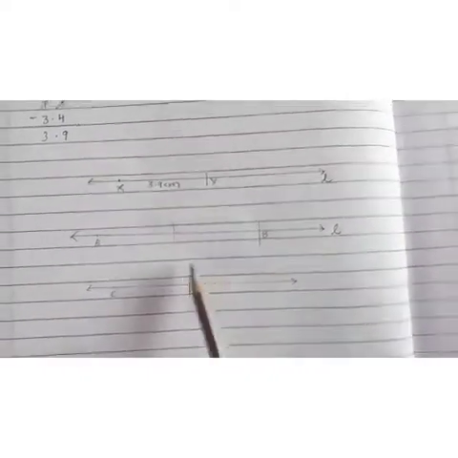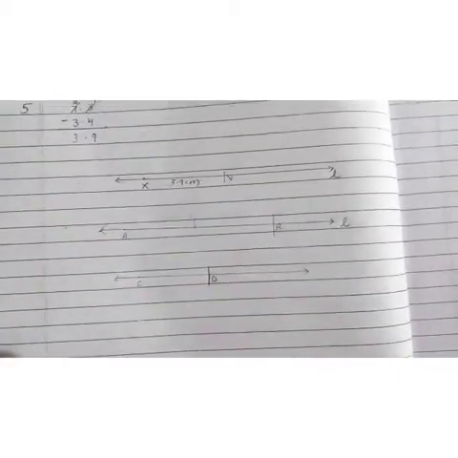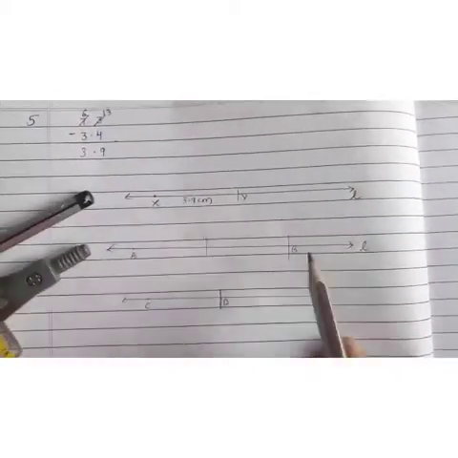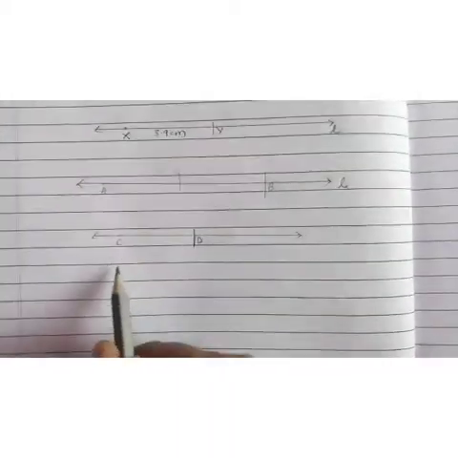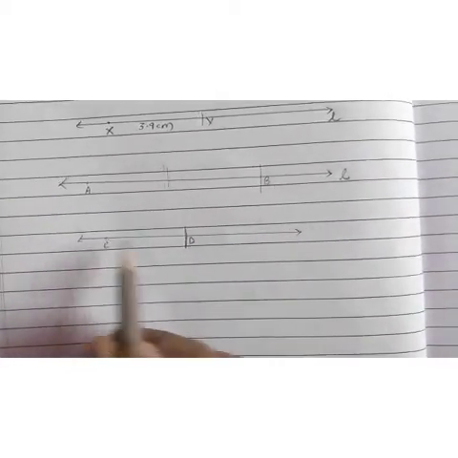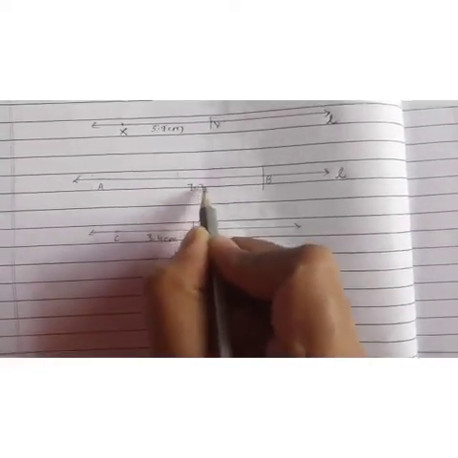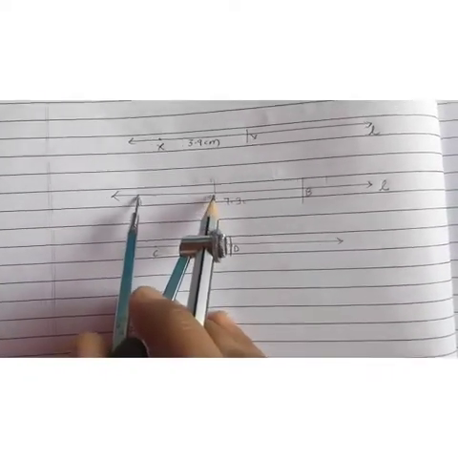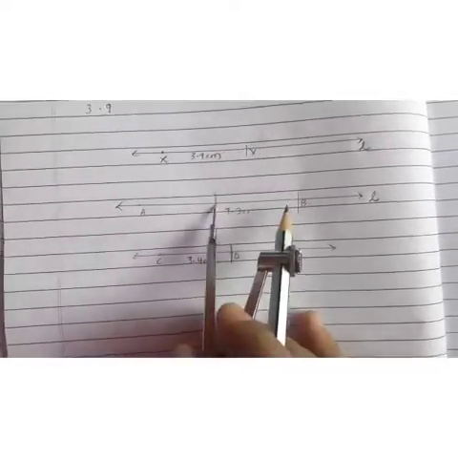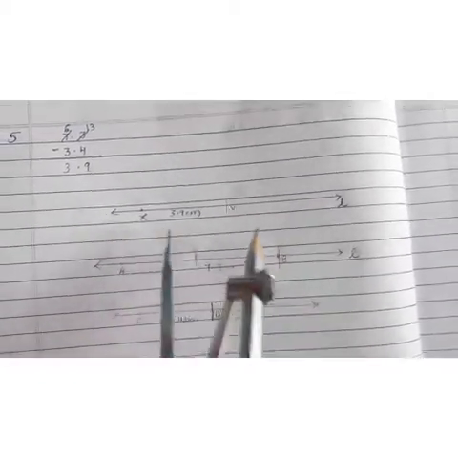There is another way to do it. First draw a line L, mark A, and with pencil, scale and ruler, mark 7.3 centimeters length of AB. Now CD, same method you have to follow, where CD is 3.4 centimeters and this will be 7.3. Now cut this length in this line. Take this length and just cut it. After cutting, this will be your XY. So measure this line and then draw.